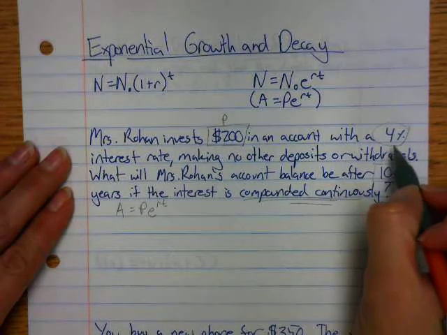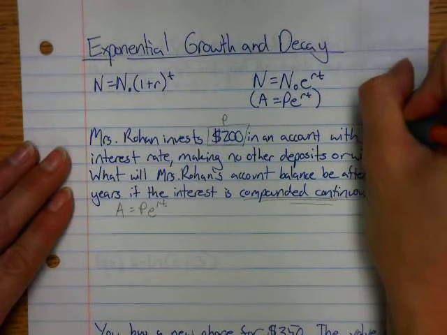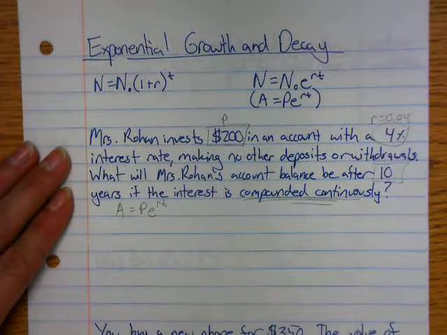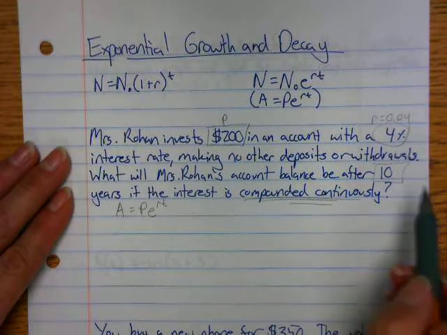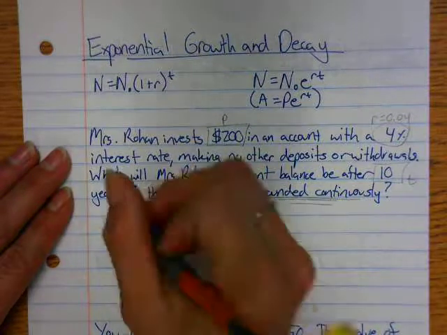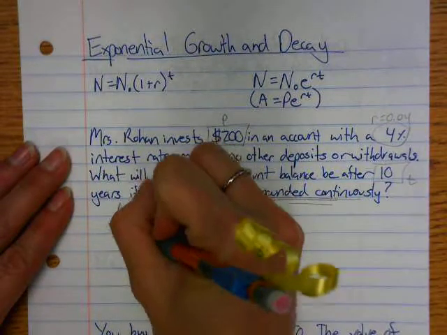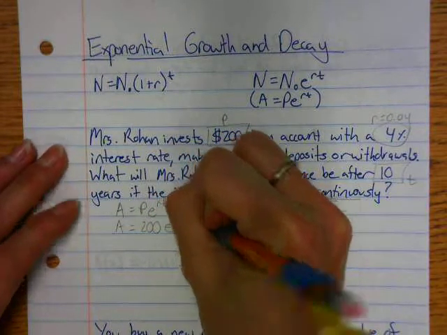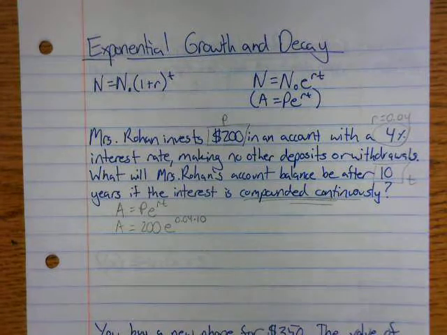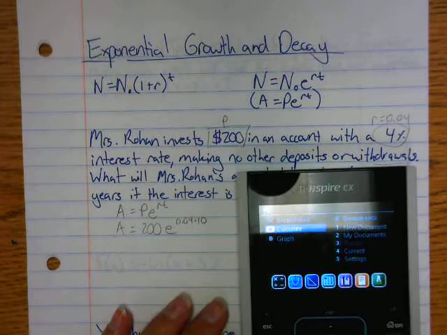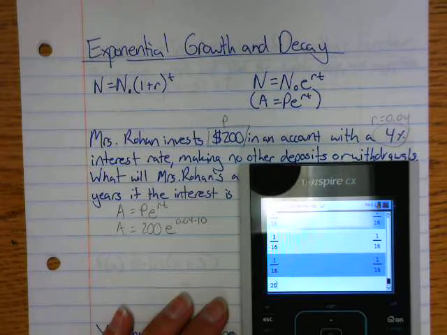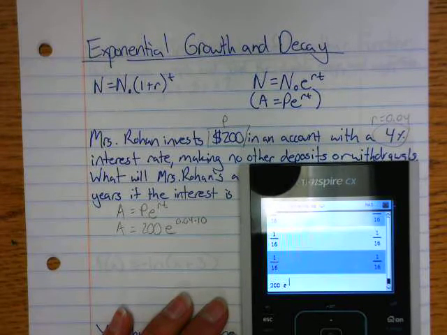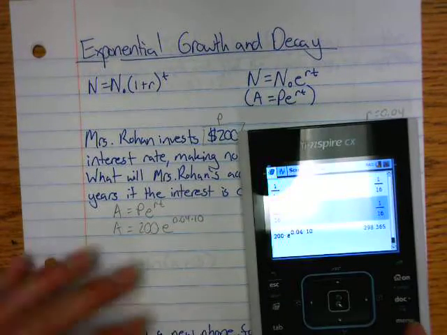If it's an account that's with a 4% interest rate, then that means we know it's a positive 0.04 for our R because it's growing by that amount. And I know that the 10 years is going to be my time. So if I want to find this new amount, I'm just going to take 200 times E to the power of 0.04 times 10 and grab my calculator and calculate that. Let's see, 200 times E 0.04 times 10, and that gives me, as you see right there,